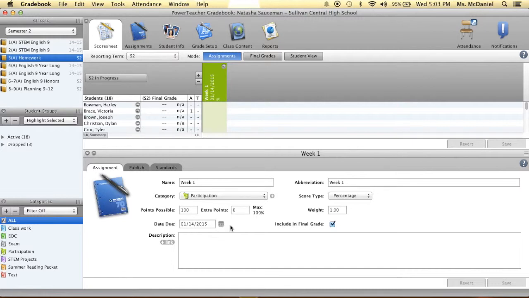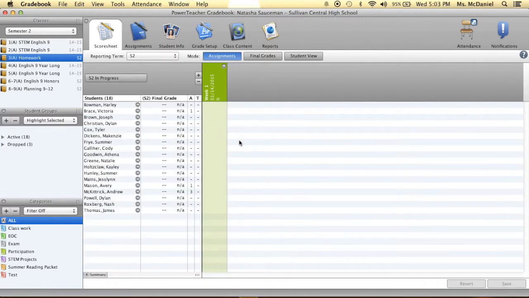So if you are creating an assignment and it disappears, it doesn't show up here in this reporting term where you would like it to show up, chances are that the due date is just incorrect. So just be careful about that. Make sure that that due date corresponds to the open window within that given reporting term. When I'm finished with this assignment, I'm going to go ahead and X out of that window. And then we have our